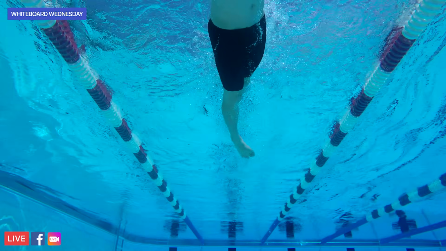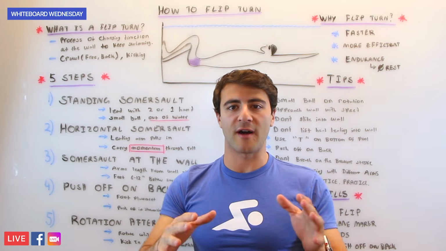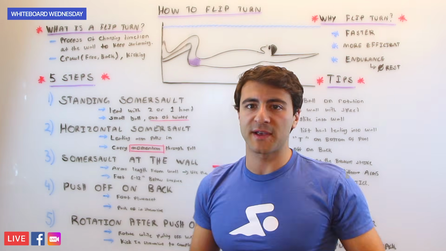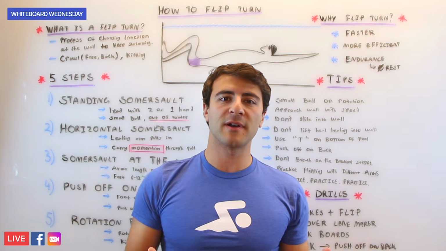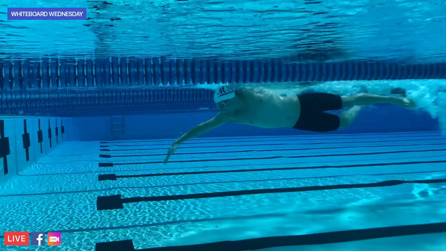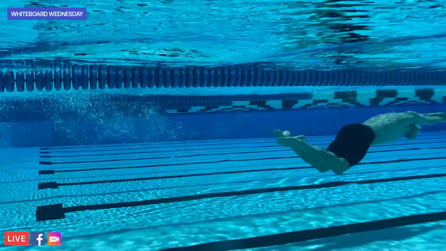And the goal of taking only 3 strokes is that you want to practice pulling yourself in on both arms. So you practice with your right arm, you take 3 strokes, and then you practice with your left arm, because when you're swimming in the pool, you don't know which arm you're going to approach the wall with. It could be your right, it could be your left.